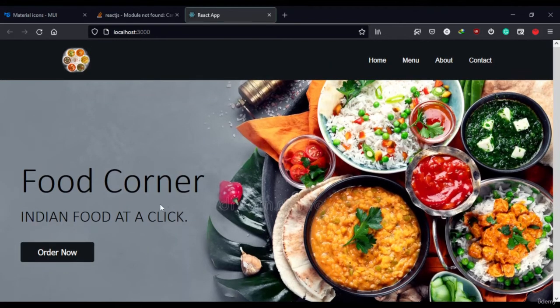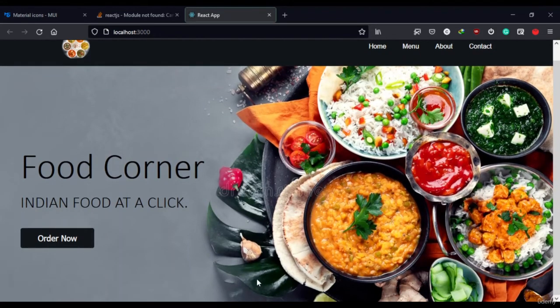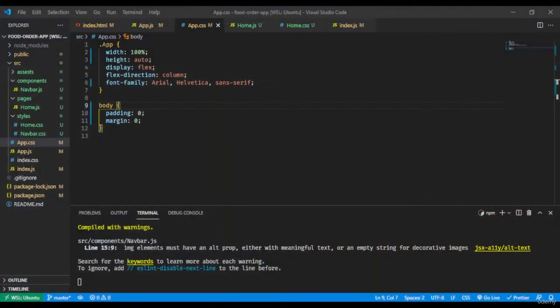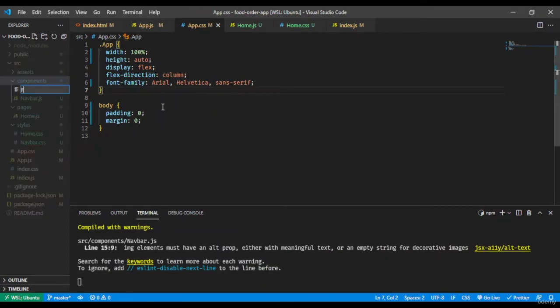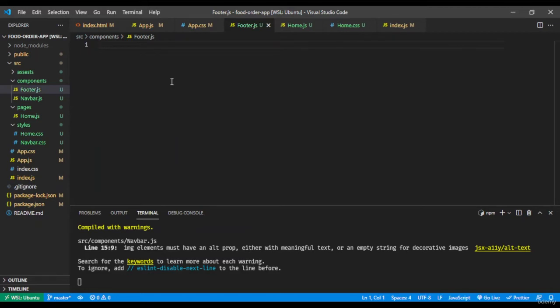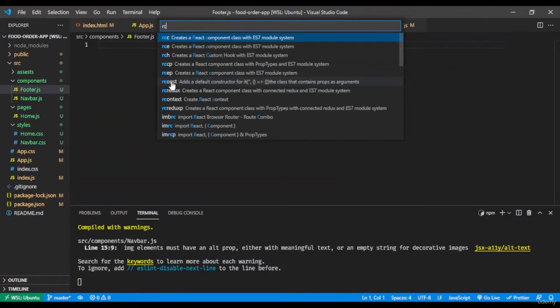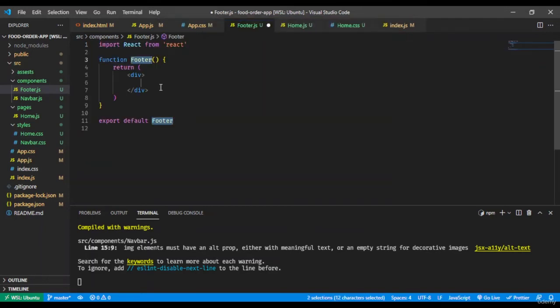Now the next thing, we need to create a footer. A footer is very much needed for our website, so let's quickly go and create a footer. So footer will be in the components. Let's just create the footer.js file here, and let's use a trick, which is the ES7 snippet rfce, and this will give us